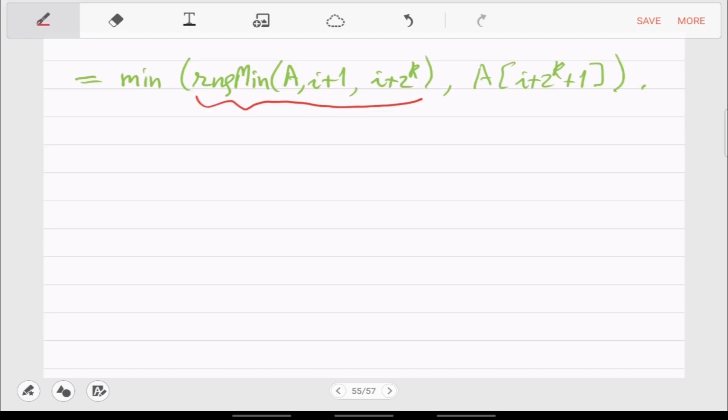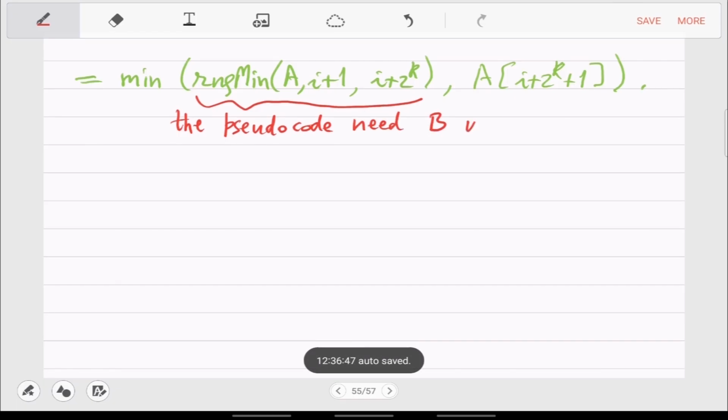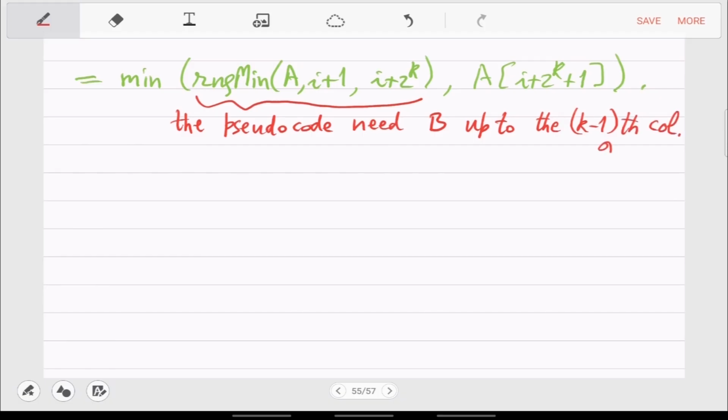The justification here is that the pseudocode only uses up to the k minus 1th column. If you know the matrix B up to the k minus 1th column, then you can compute the kth column.